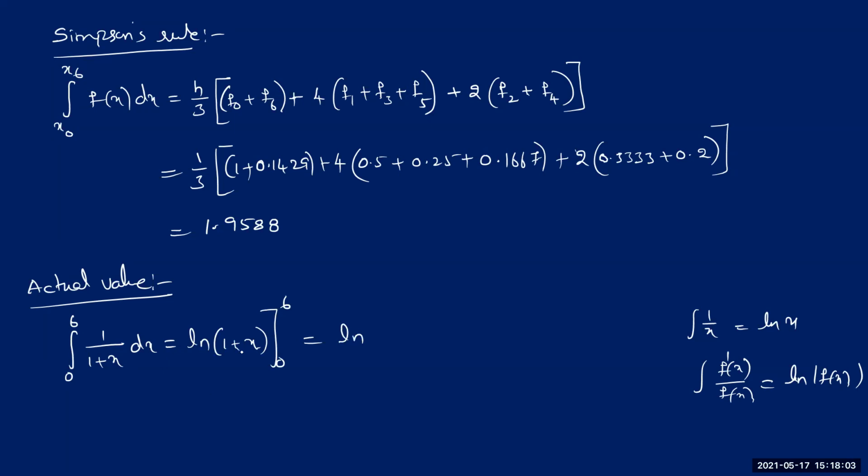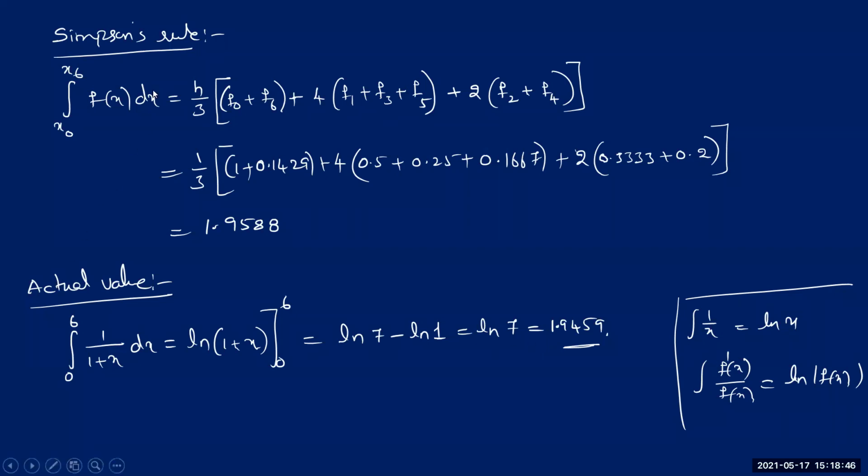For the upper limit, first we'll substitute the upper limit, right? So when you take x equals 6, we'll get log of 1 plus 6, which is 7. Minus log of, when you now take x equals 0, it becomes only log 1. But we know already log 1 is 0, right? So we'll get it as only log 7. Now from your calculator, you can see how much is log 7. I got it as 1.9459 from my calculator. So this is your exact answer actually. This is the exact solution of that particular integral, or else the area under that particular curve between 0 and 6.